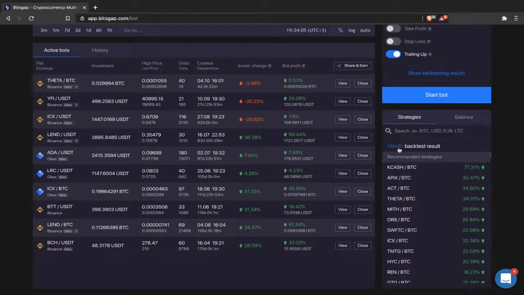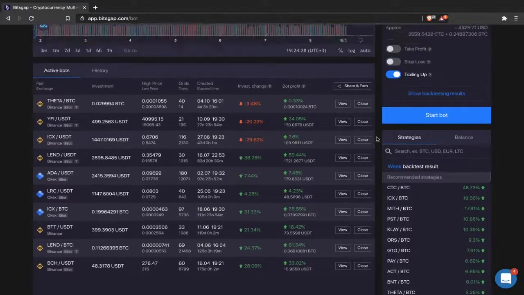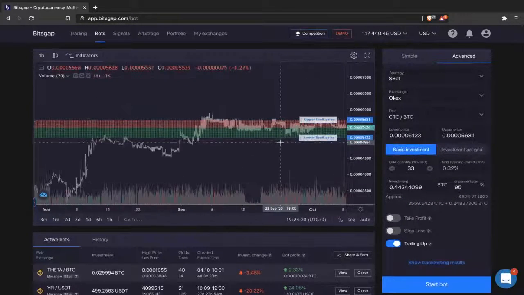So if you change the period, let's say, to a weekly basis, then you will find out that the list of cryptocurrencies will be automatically refreshed accordingly. So it turns out that on a weekly basis, during the last week, CTC trading to Bitcoin was the top performer. And if you click on it, you will find that